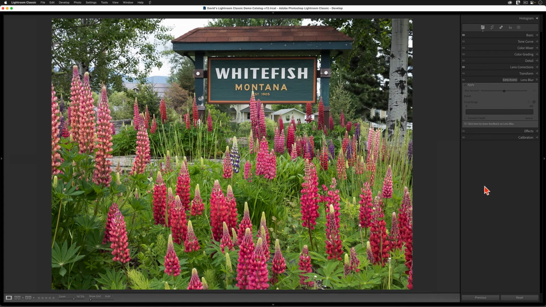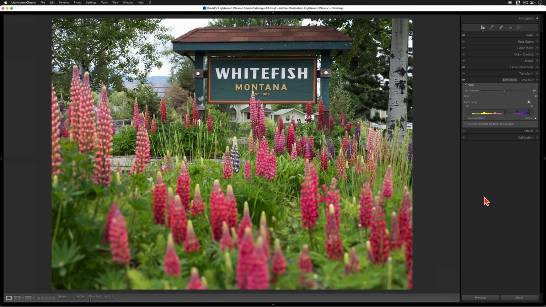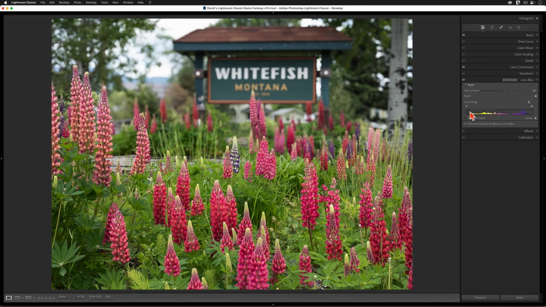As I was walking by this lovely scene a couple years ago, I stopped and snapped this image with my phone. Now, I didn't think about it at the time, but like so many shots with my smartphone, this one has too much depth of field. So, to hide some of those background distractions, I'm going to activate the new lens blur feature. When I do this, I have to give the AI credit for properly identifying that it's this part of the flower bed that it should remain in focus. I'm going to tighten the focal range up a little bit here. I'm going to shift this over so it's a little bit more on the front side.